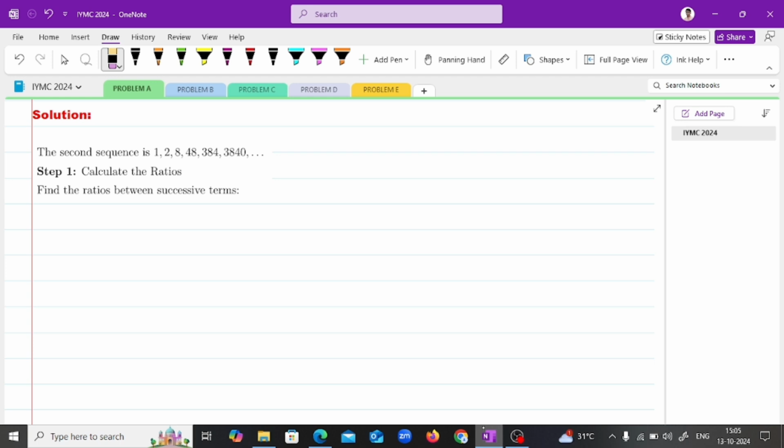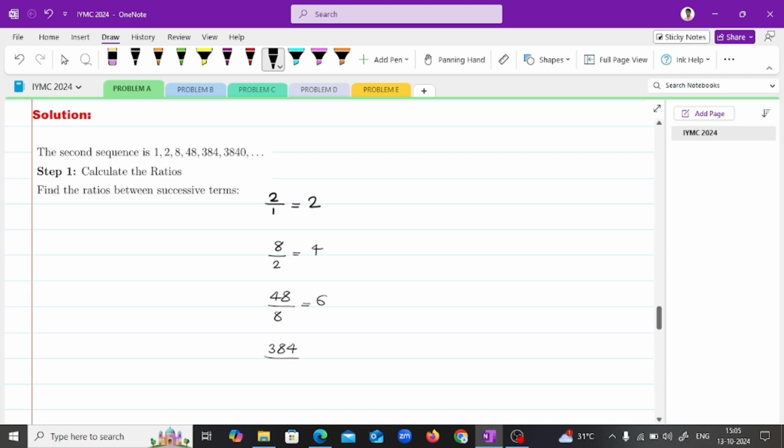Now we will take the ratio of the successive terms. Our first term of the sequence is 1 and the second term is 2, so we will take the ratio as 2 upon 1 is equal to 2. Now the third term of this sequence is 8 and the second term is 2, so 8 upon 2 is equal to 4. Now the fourth term is 48 and the third term is 8, so 48 upon 8 is equal to 6. Now the fifth term of this sequence is 384